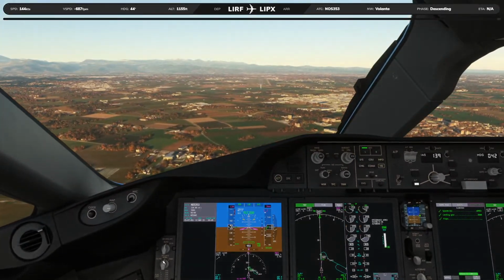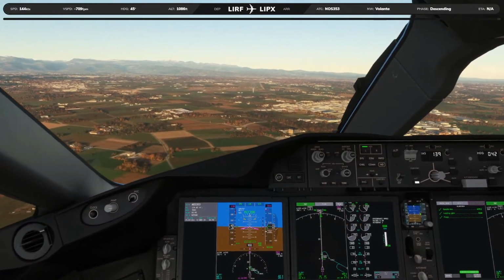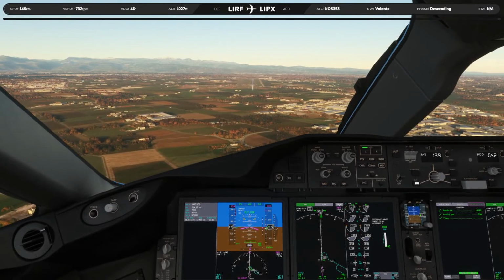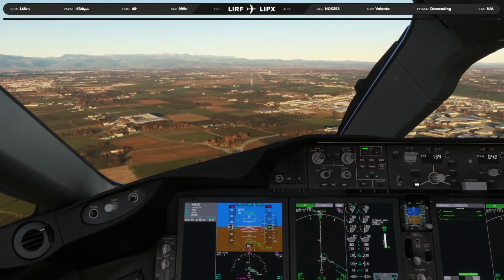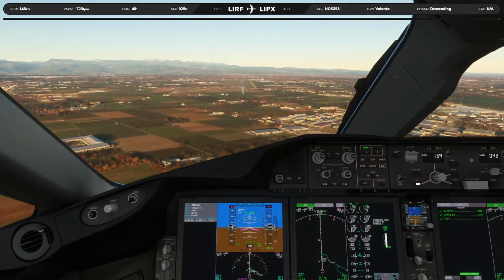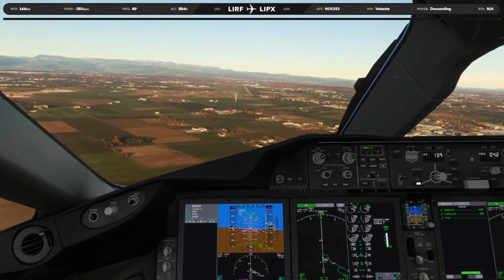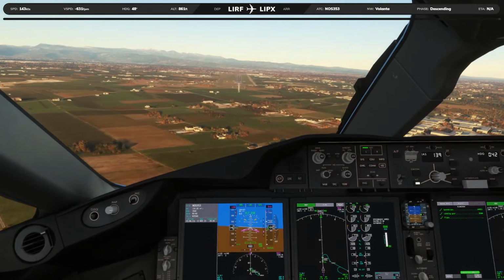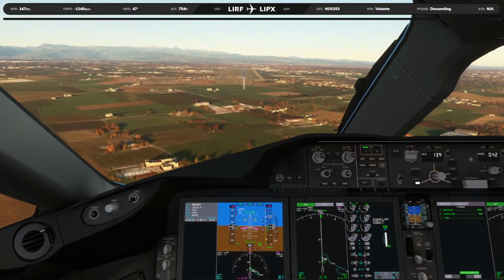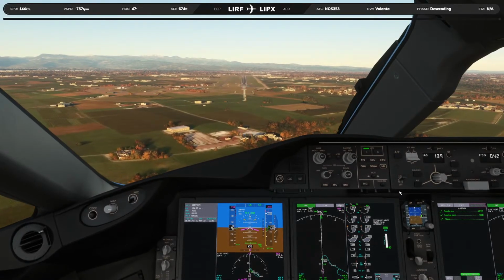Autopilot disengaged. My aircraft. Auto throttle disengaged.